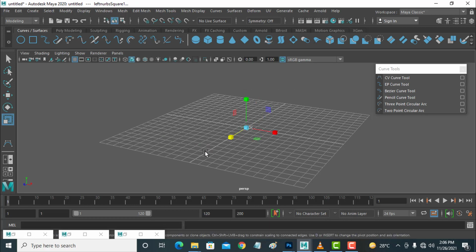I am deleting this and creating a curve, CV curve tool like this, and create this line, and after that go to curve and